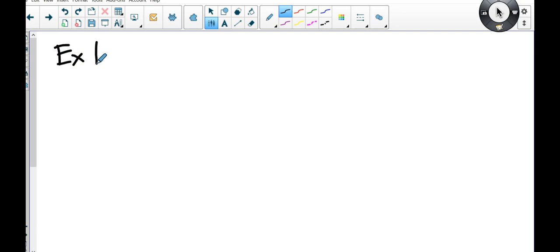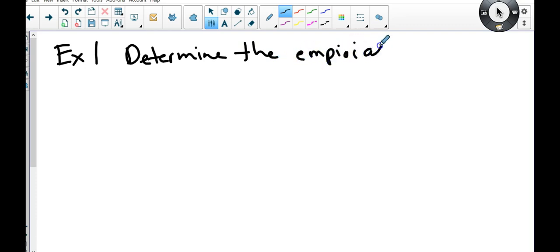So example 1, write this down. Determine the EF, which means empirical formula. This is not a step because this is the problem. Determine the empirical formula for a compound